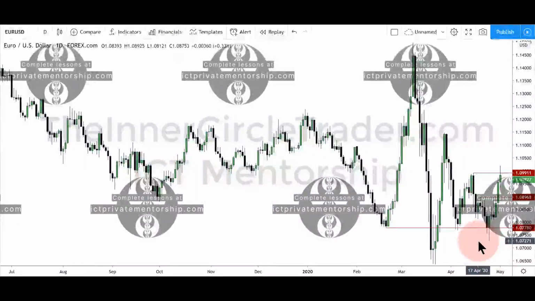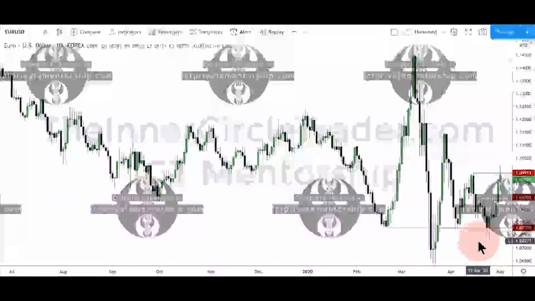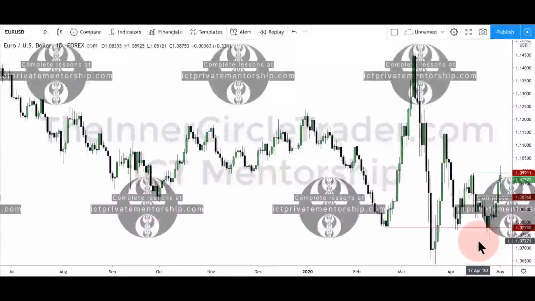That's why I taught a couple weeks ago, or maybe it was last week, I don't know, can't remember exactly when it was now, I taught you the secret to high probability. Because if you can only justify the idea of it going higher with my concepts and not at all going short, you have a high probability trade, or vice versa. So you don't want to be able to outline an ICT setup on both sides of the marketplace. Because if you can do that, it's a low probability setup. If it's very, very clear it's going higher and you can't justify it going short with any of my concepts or the things that I teach,